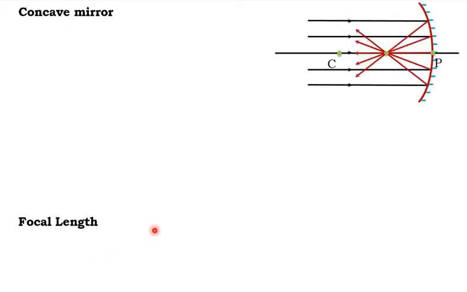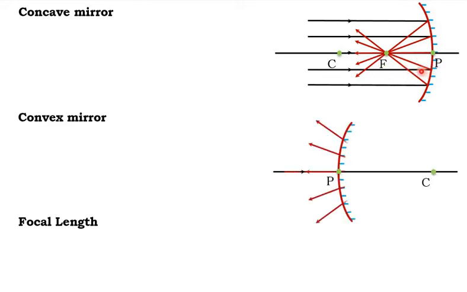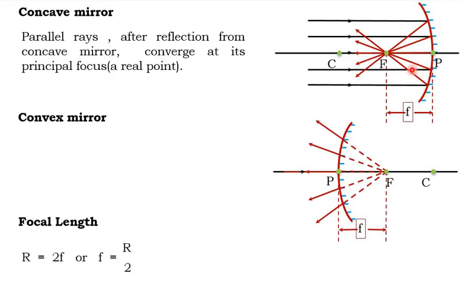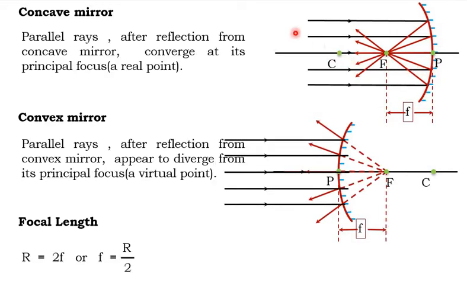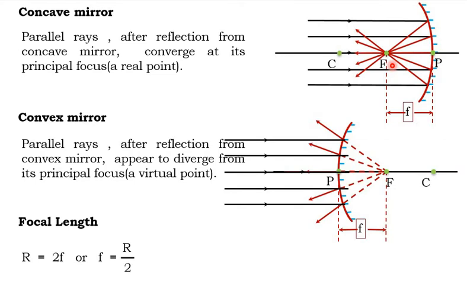Concave mirror, as you can see, is a converging mirror. Do you see all the parallel light coming and focusing at a central point? This point is known as focus, and the distance from pole is known as focal length. So if you look at this diagram very carefully, you can see that this is the focal length. Pole to focus is known as focal length. And as you can see here in convex mirror,